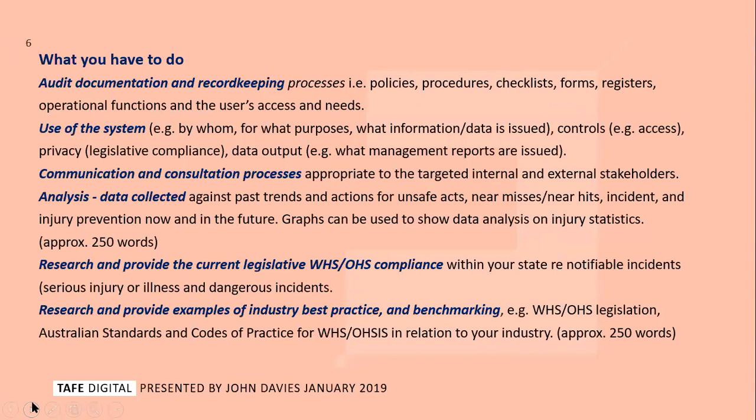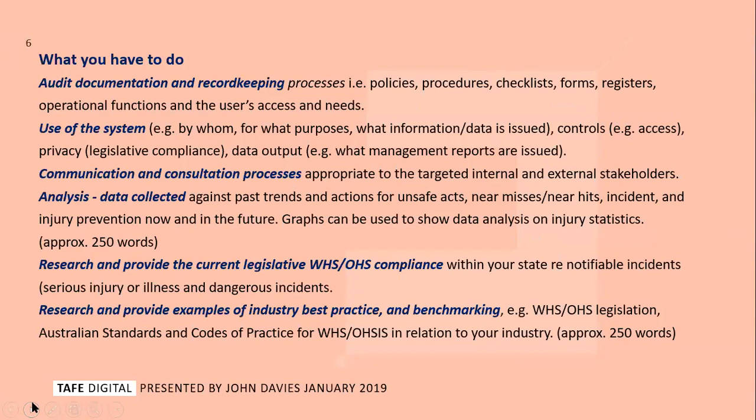By whom, for what purposes, what information, data is used. Their controls, privacy, legislative compliance, data output, what management records are issued, communication and consultation processes appropriately to the target